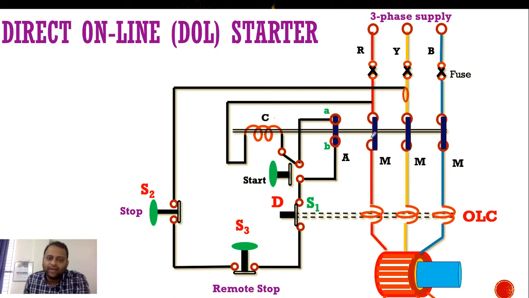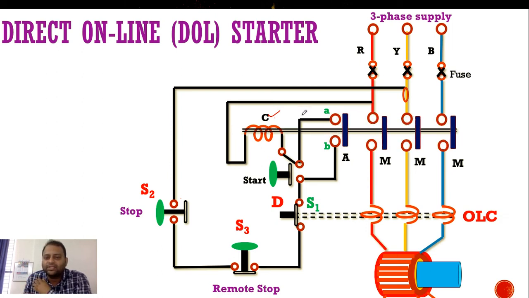For example, what happens sometimes, if you are working near the motor and you see there is a problem, you have to manually stop the motor. What you do is, you press the S2 button. Now you are pressing the S2 button. So when you press the S2 button, the current flowing from Y goes to S2 only, there is no complete current path. The current path is broken. That's why the C coil which we initially saw becomes inactivated, because there is no current through it. So when the C coil is inactivated, the plunger will go back to its original position, which is open circuit. Okay, that is one scenario. Let us see the second scenario.